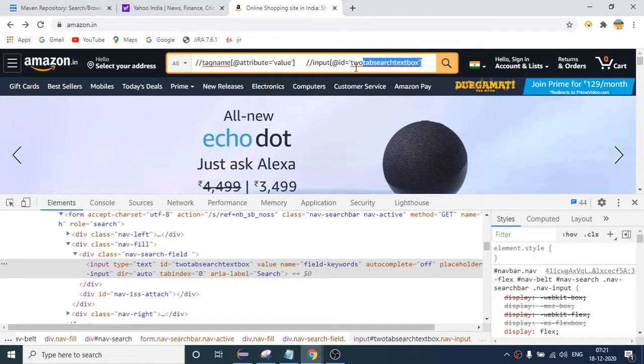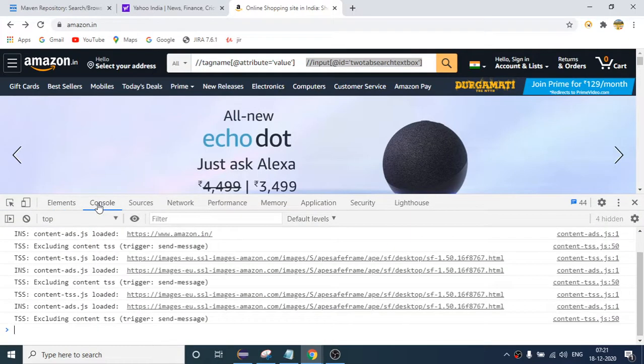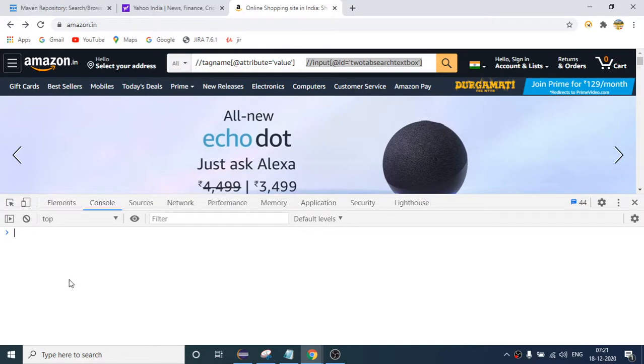If I want to check whether my XPath is correct, this is our XPath, but I first want to check whether it is correct before I write it in my code, so that I do not need to rewrite my code. So better to check it first. Click on console. If some data is showing, press Control L and it will disappear.